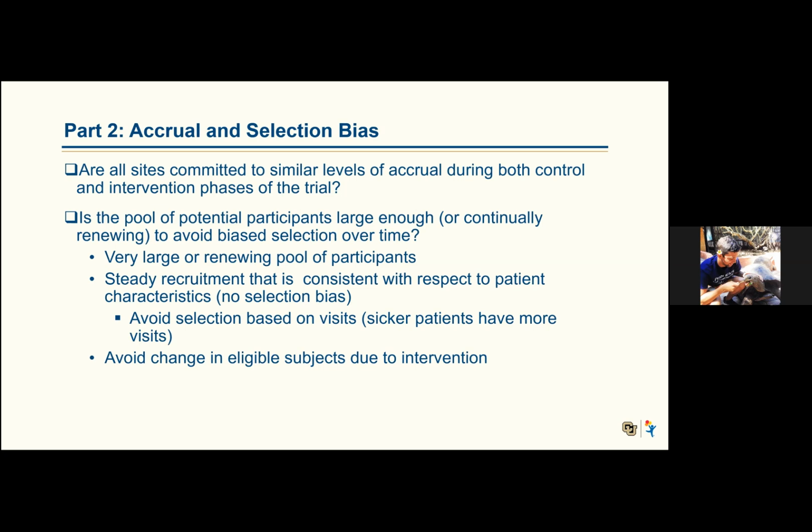And so you need to figure out a way that you either have a very large or renewing pool of patients, and some way to avoid selection bias as you're recruiting